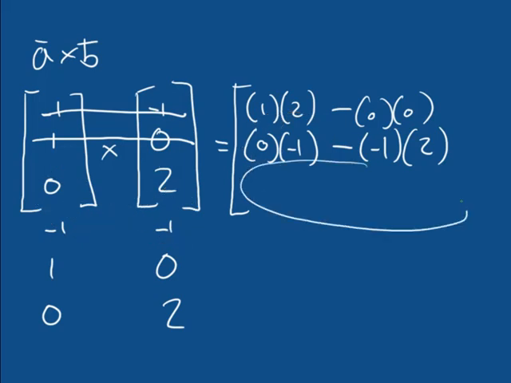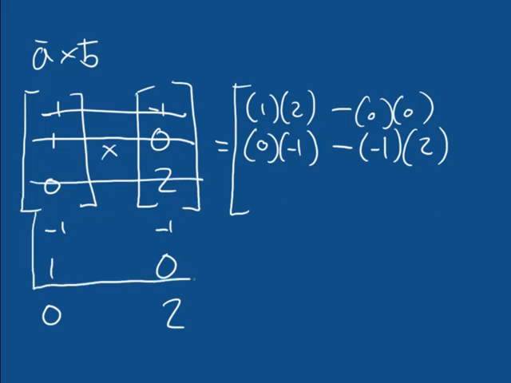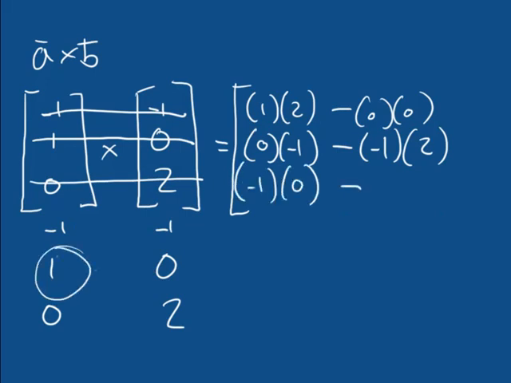Fantastic. And then for our third component of the result, I take the third row of numbers and I put a cross through it. I'm then interested in the next two rows of numbers directly beneath that. And again, we apply our rule. Top left multiplied by bottom right, so minus 1 multiplied by 0, minus bottom left multiplied by top right, 1